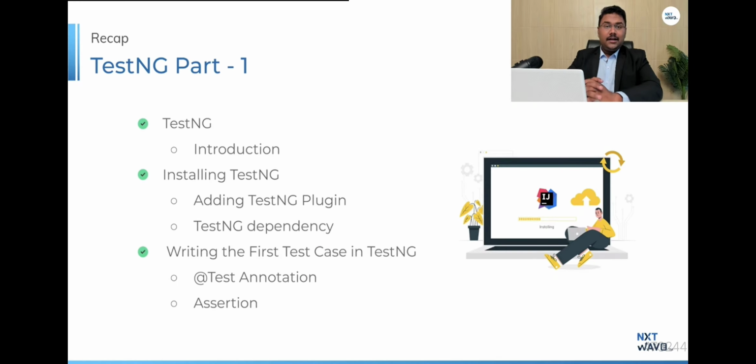So in the previous session, we learned about what exactly TestNG is and what its purpose is. We also understood how we can install TestNG, in the sense of how we can add the TestNG plugin and the TestNG dependency into our code, and we saw how we can execute it, right? And then we used the @test annotation and the assertions concept. We also understood that this annotation is nothing but a label, right? So you specifically tell your program that the next few lines of code are a test case altogether,